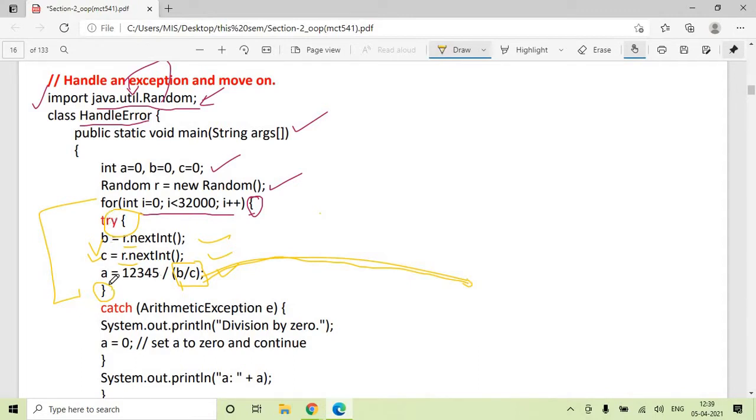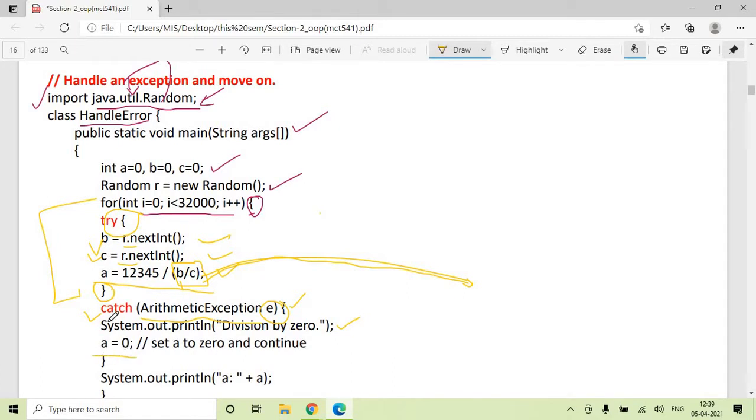So immediately after try, you have written a catch block with ArithmeticException e. e is a variable, e is an object, e is a reference of type ArithmeticException. Once you catch an exception, you will print the message, that is division by 0, and since this line generated an exception, you set the value of a equal to 0 over here.